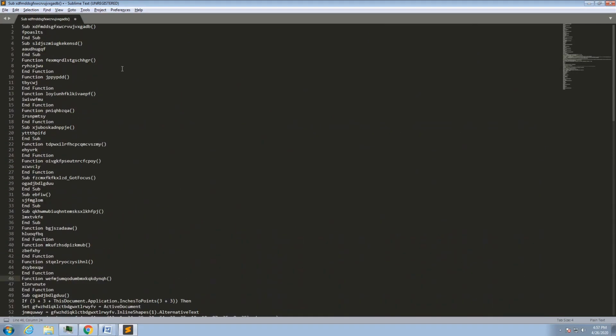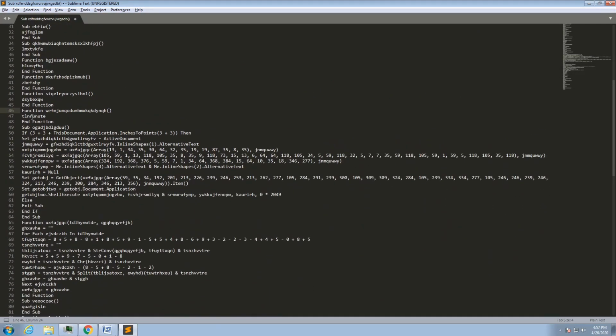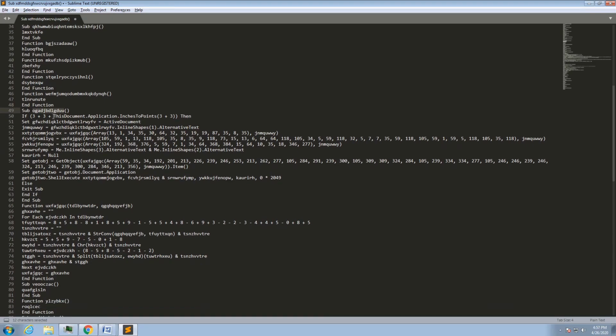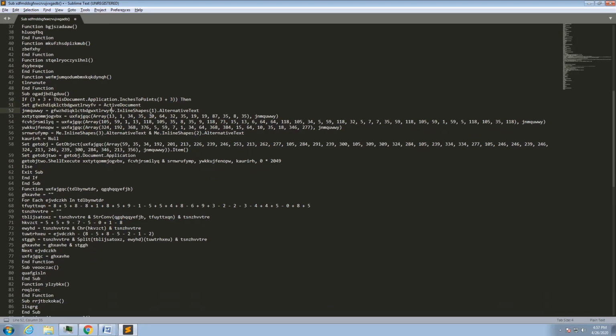So it has definitely narrowed down a lot of the code for us, and it looks like this second function called is the main function that we're looking at. We have this variable set as the active document. We then get the alternative text for the document and store it inside of this function, which is then passed to this